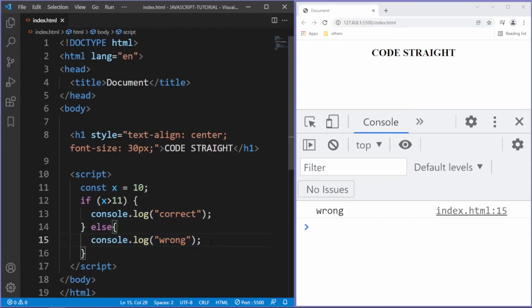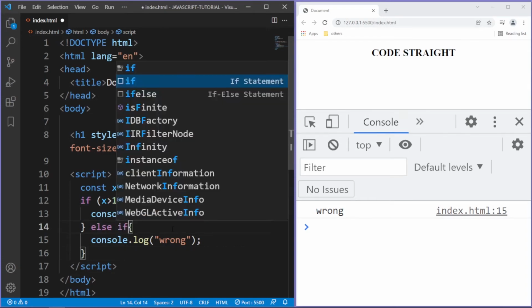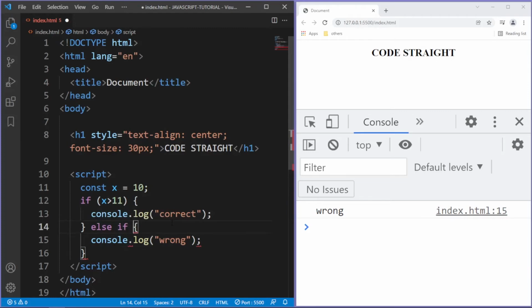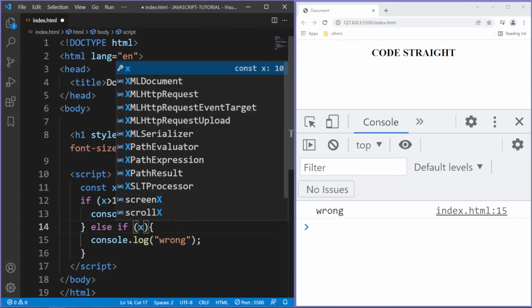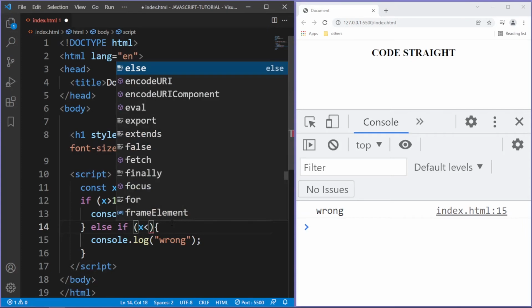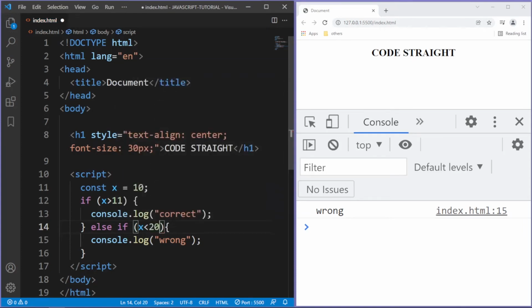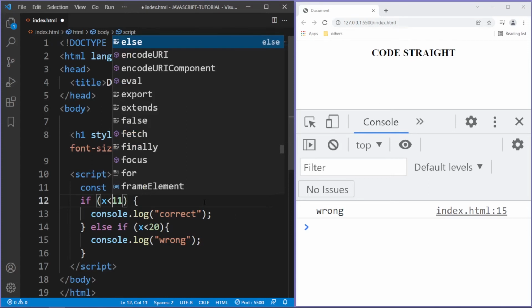You can also use another statement, that is else if, to specify a new condition if the first condition is false. Now let's come in here and type else if, parentheses, if x is, say, less than 20, and I'm going to type here, if x is less than 10,